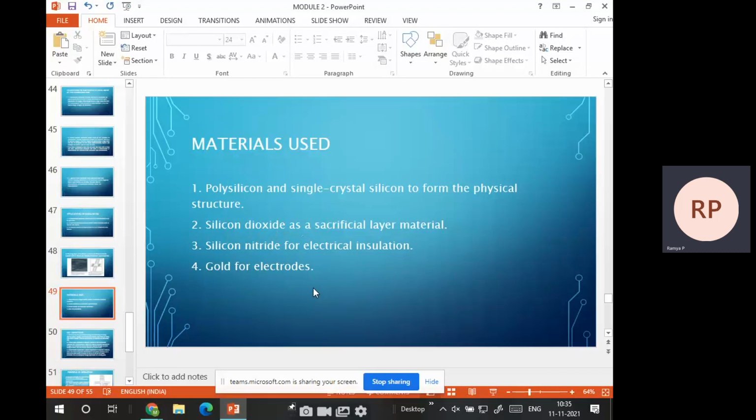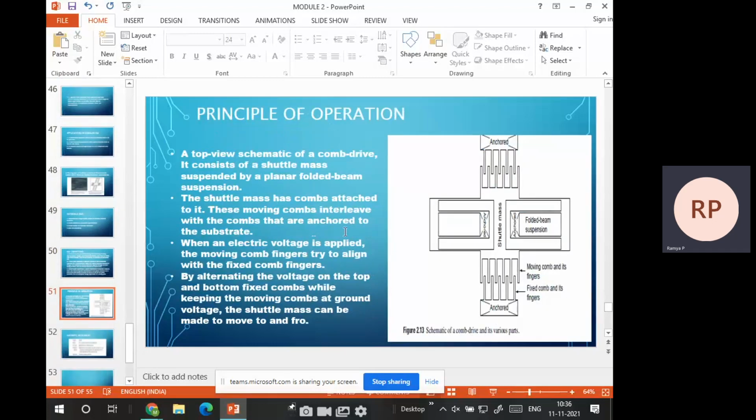Here this comb drive will have two electrodes. In between, we maintain silicon nitride as electrical insulation. Why we use electrical insulation: as I told you, I should give some force or energy to that functioning, for this to act as an actuator. If I supply energy between the two electrodes, see here is a diagram. You can see here, this is an electrostatic comb drive. This is the actual one.